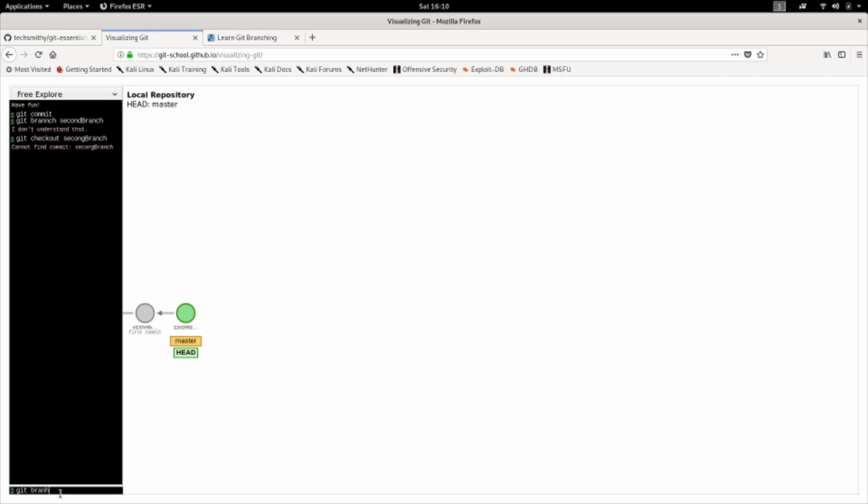I made a spelling mistake in the previous command. I got it. So this created a second branch. Now I'm in my current second branch. And let's create another branch too. So there are 3 branches for me now.